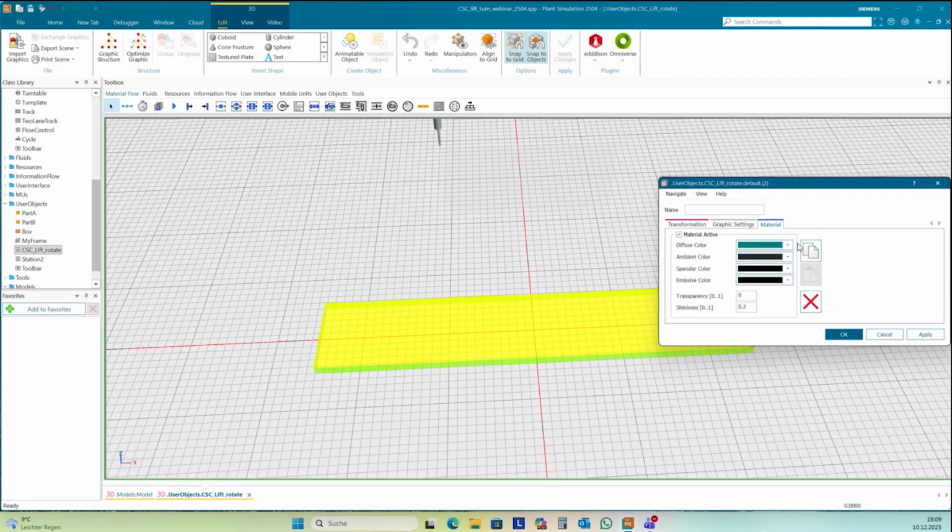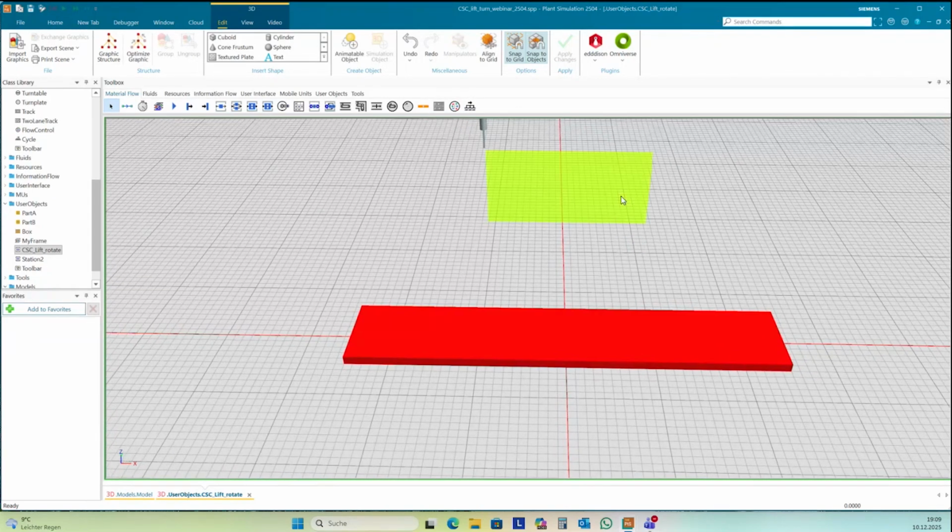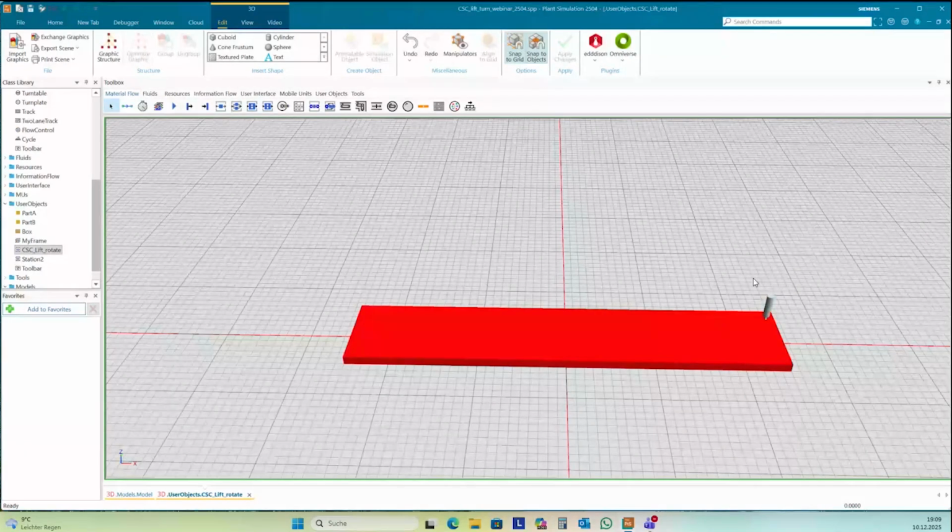I activate the material and make it red. Okay, I have forgotten one here, and then I need to place the underlight.